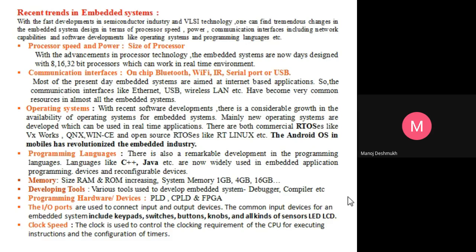Okay, completed. No, sir, 1 minute. Roll number 11 is there. 11. Absent. Roll number 11.